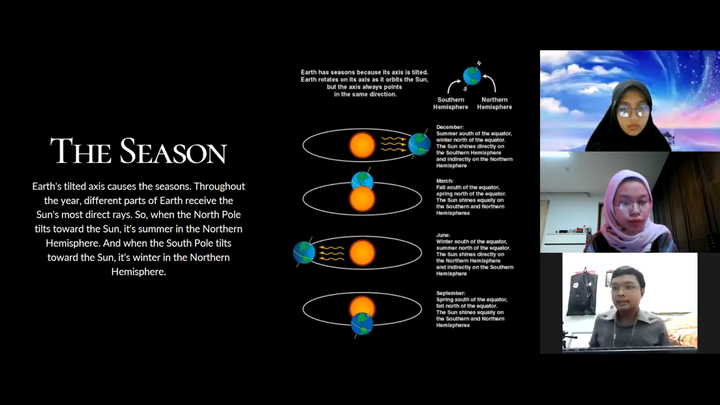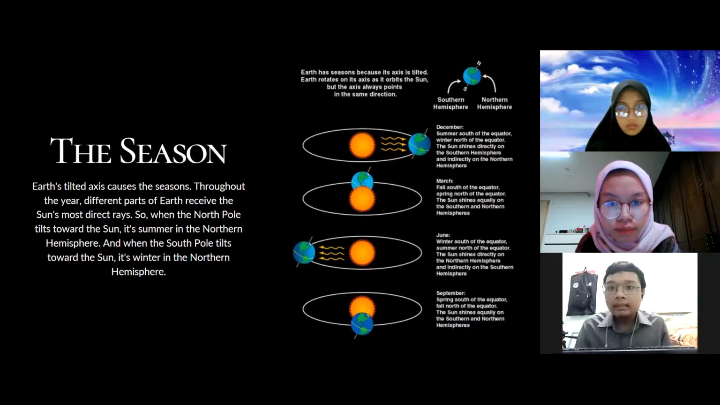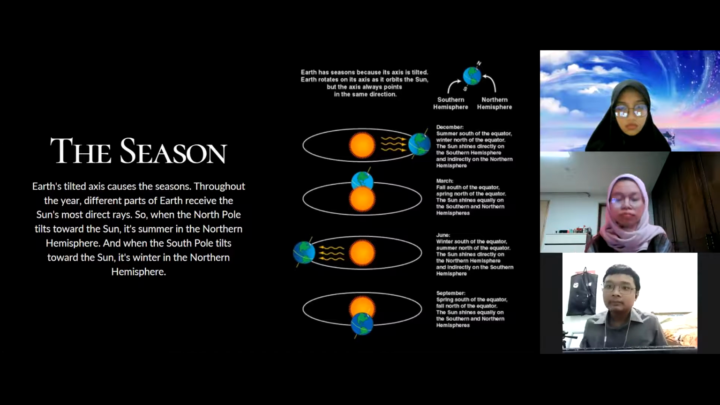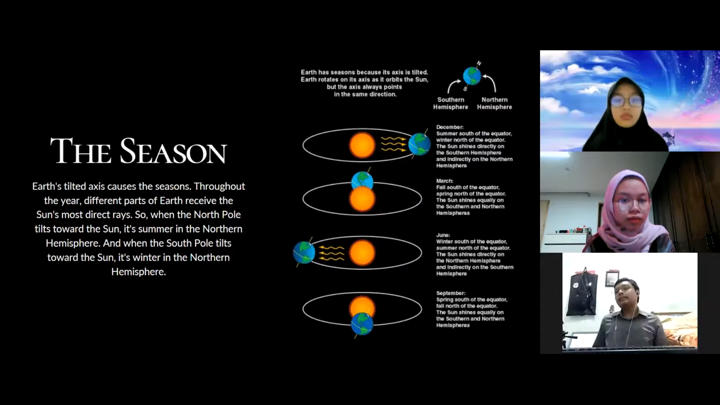There is a picture that explains the northern and southern hemispheres and the direct rays of the sun. So there is December here, March, June, and September. And because of the seasons, next slide,